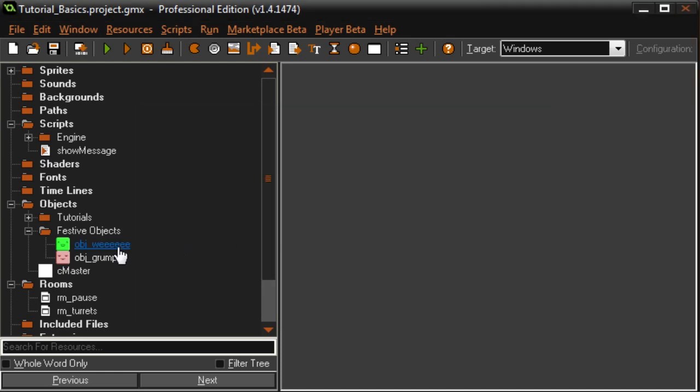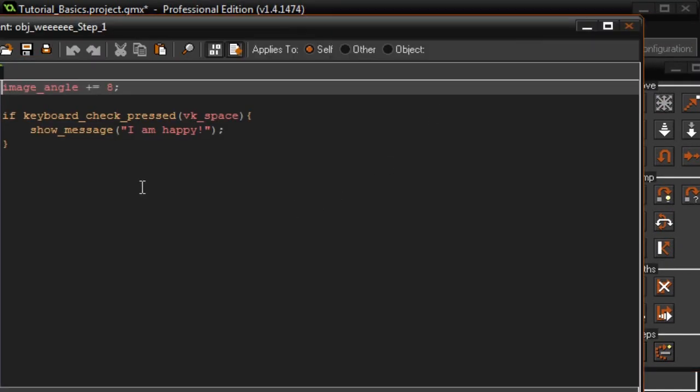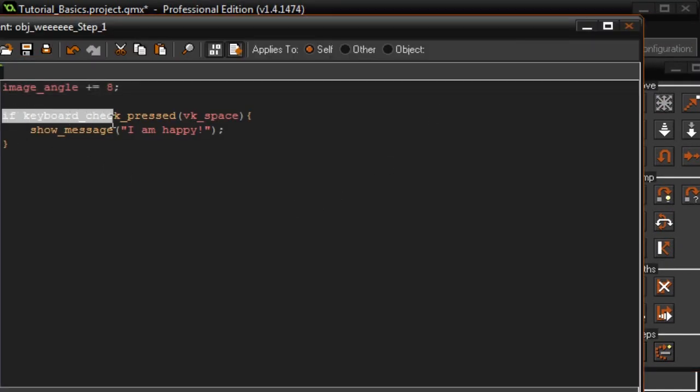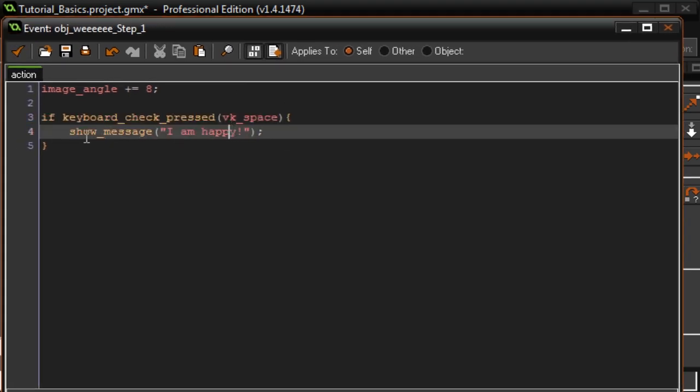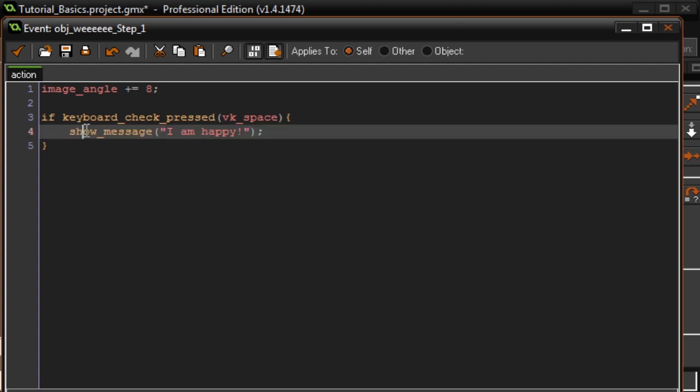Now, we're going to hop into Happy Harry here and take a look at his step event. As you can see, I put a little bit of code in here: if keyboard_check VK space, show_message I am happy. Now, show_message is great for debugging, and that's about it, because all the show_message functions don't function anymore